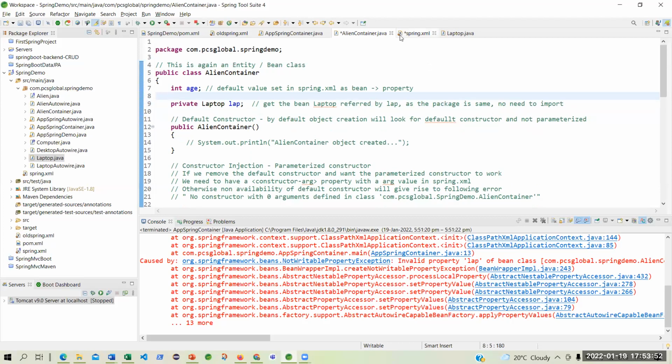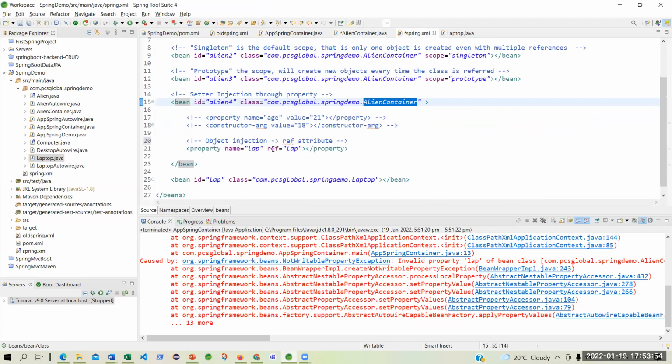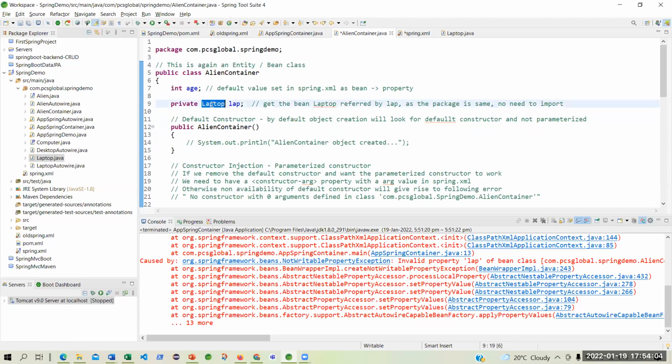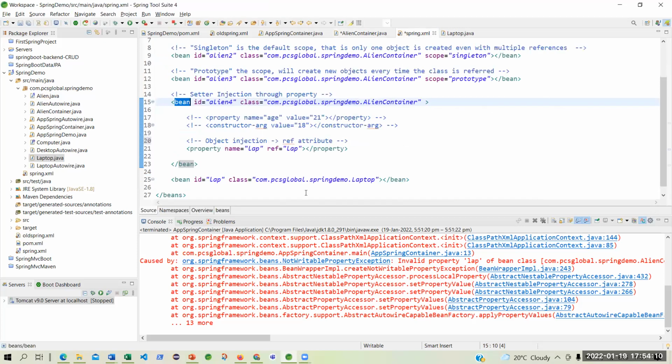So you are doing it through the configuration, but this configuration can only refer to an object, and that object assignment is within another bin. So align container is being injected with another entity bin called laptop, and you are enabling that through ref.